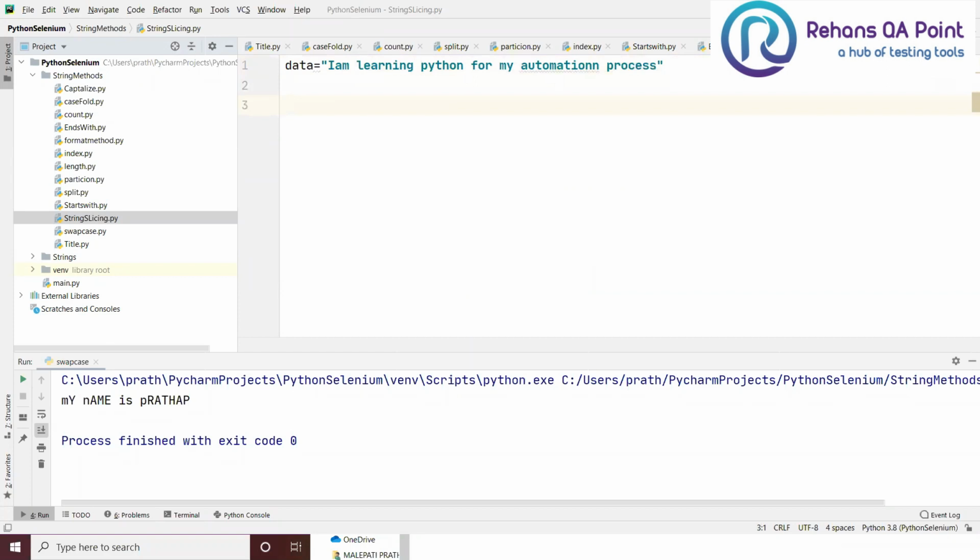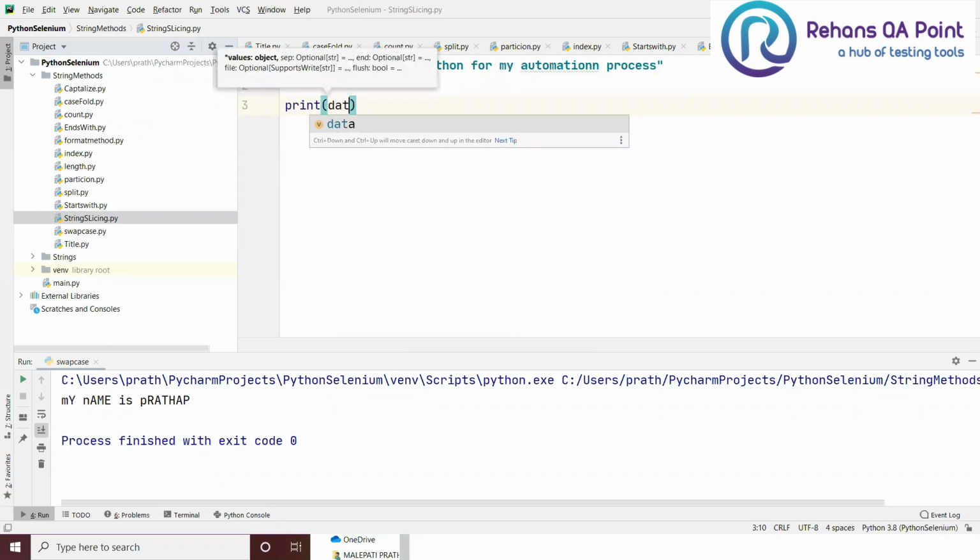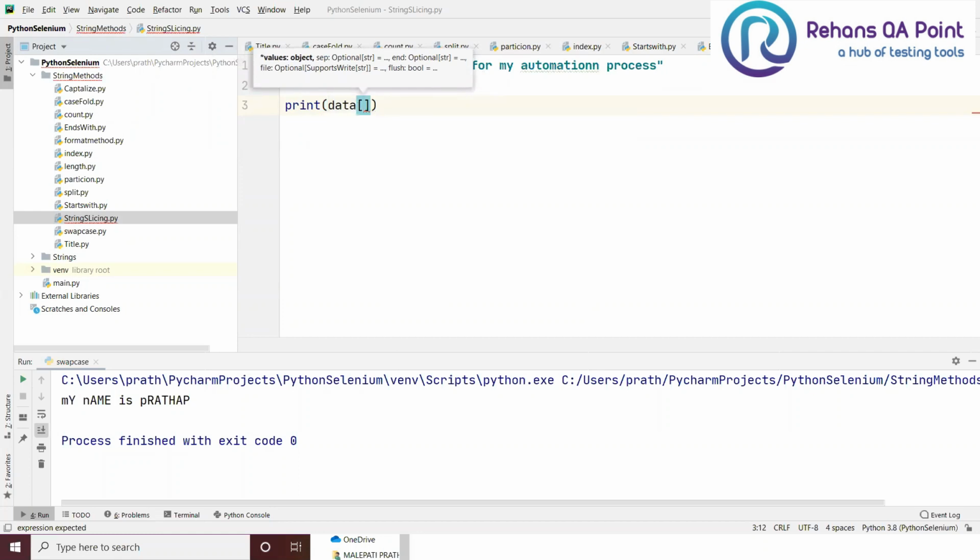Now I want to fetch the first three characters that are available here. See here, data, square brackets, starting index. So I need to tell what my starting index is. From the first position, the 0th index, get a length of three characters. So how to find the length of three characters here?